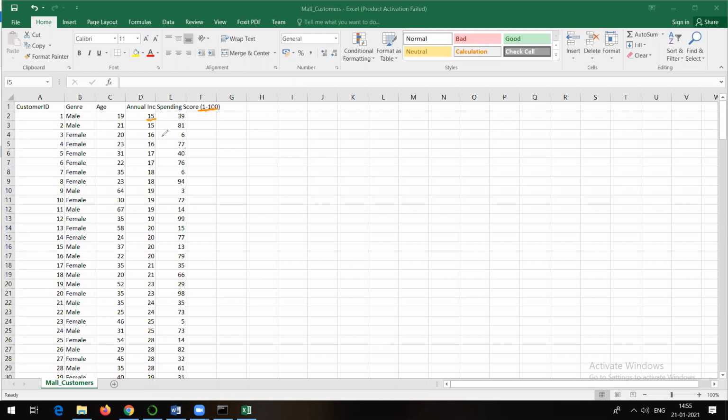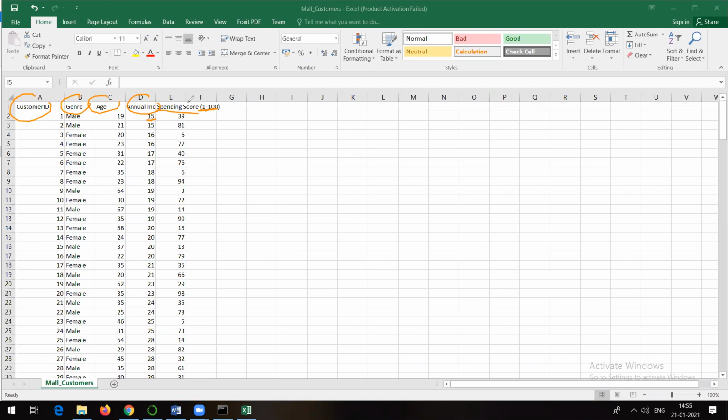What we want to do here is, we are not aware in how many groups or clusters this data can be divided. Customer ID, gender, age, annual income, and spending score are what is given to us.